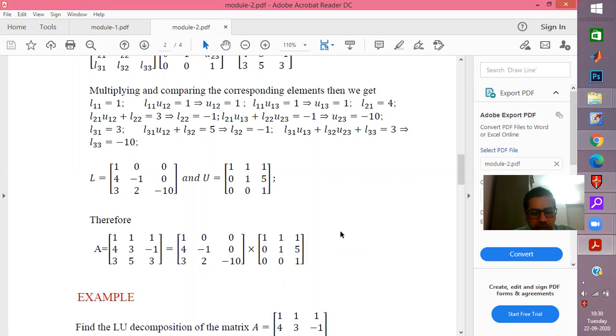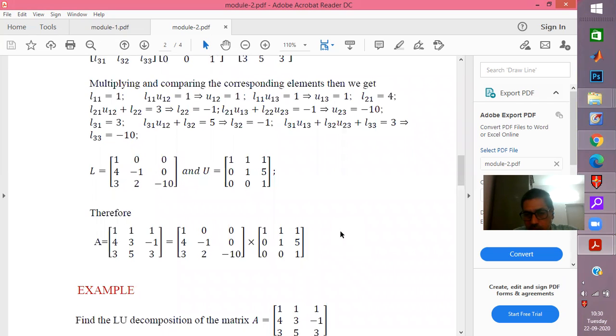Obviously, the computation becomes cumbersome once the order of the matrix increases beyond 3. This is where we'll have to probably program this, and there are very good algorithms for LU decomposition. But as I told you, ensure that a couple of things are observed. That is, no zeros on the diagonal, and also ensure that the principal minors are all non-singular.